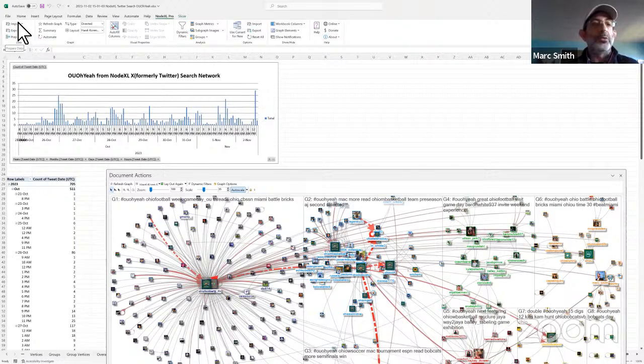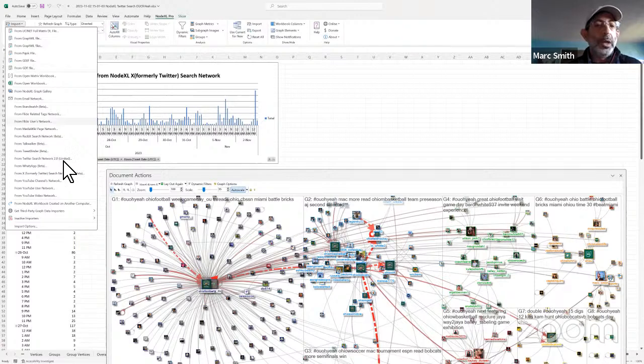To get this data, I just went into the data menu. I went into data import, and here you can see all of the endpoints from which we facilitate the extraction of social media data. You can go to other network applications like UCINet or Gephi, one of the finest network visualization tools out there, or PIAC, one of the most advanced in terms of calculations and libraries of metrics.